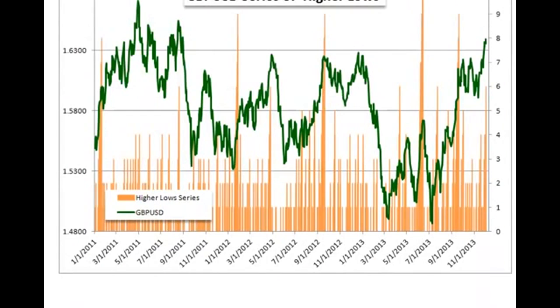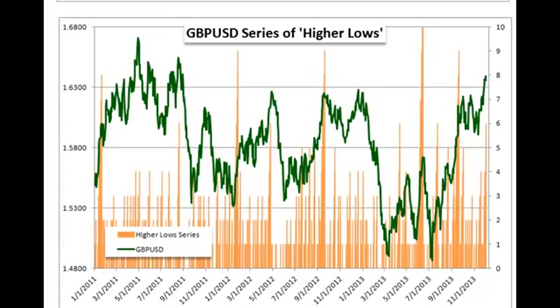And the last major FX statistical theme I was looking at here, and this is once again a higher low series on the pound dollar. Now it's only 6 consecutive higher daily lows. All right, we've had a number of these in the past couple of years. However, as you can see, more often than not, actually only one instance in this entire set where you haven't had a meaningful reversal or correction in price after a 6-day plus consecutive rally. And that only shows up right here. All right. So